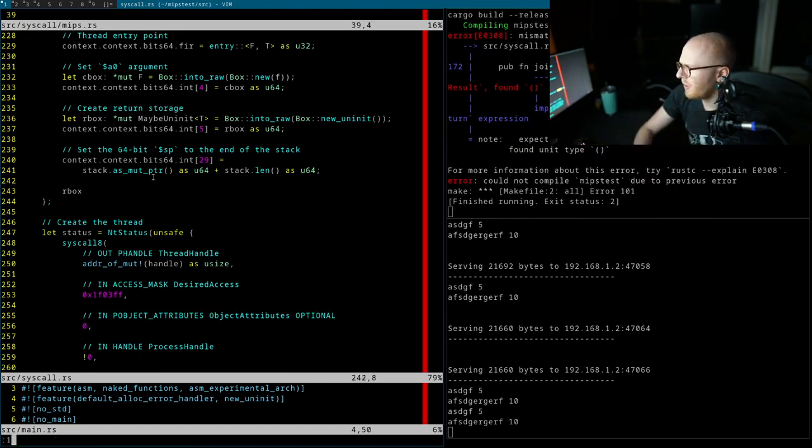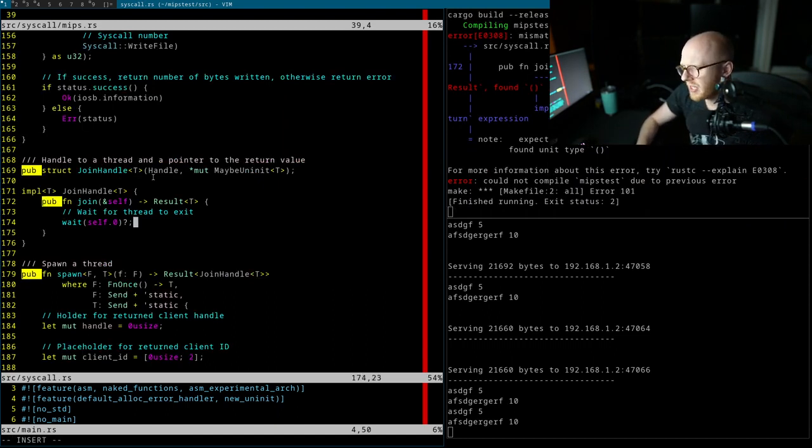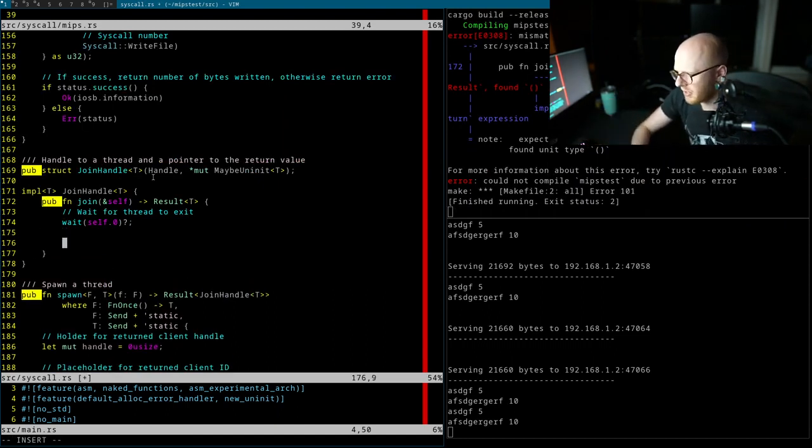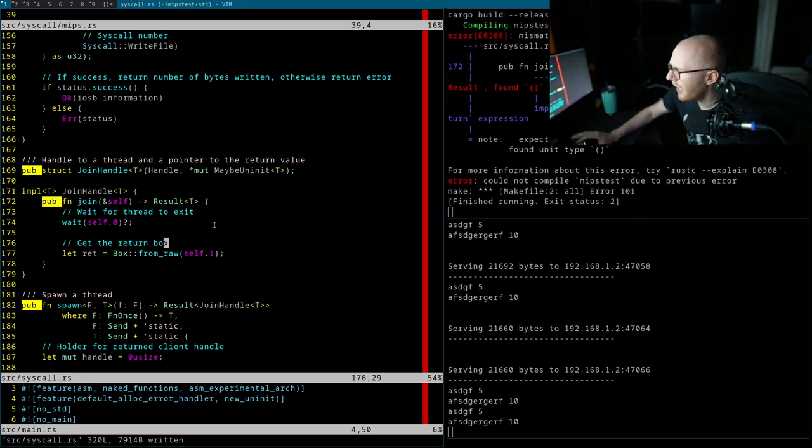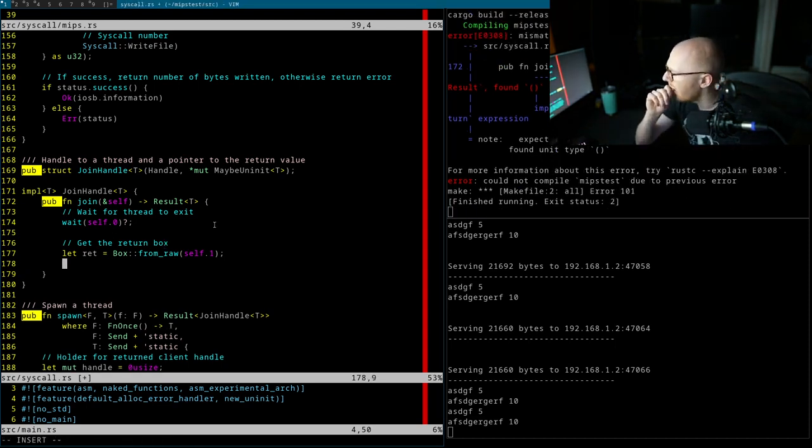Okay, 172, yep. So this then, wait for the thread to exit, and this still isn't right. And so we'll rebox it now. And this will be, let ret equal box from raw of self.1, right? Get the return box, and then we have to do a